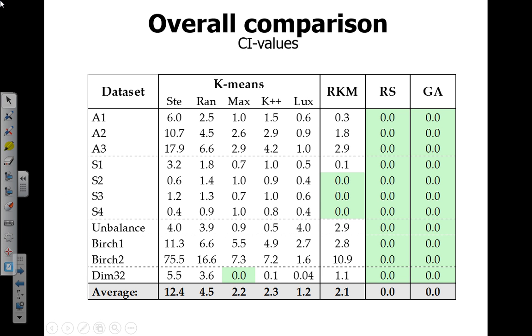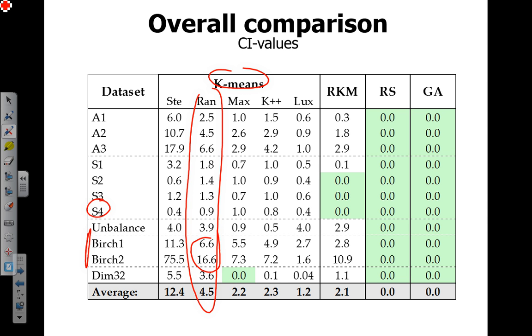Okay, and these are the results for these techniques. So our lovely k-means is here, using the random initialization technique, and this is what we get for all of these data sets. For some data sets it works well, some of them worse. The worst are the data sets with a high number of clusters, so they are a little bit challenging for k-means. For the S sets, S4 especially with high overlap, only 15 clusters, it's reasonably good. On average we have 4.5 centroids strongly misallocated, so these are the CI values.